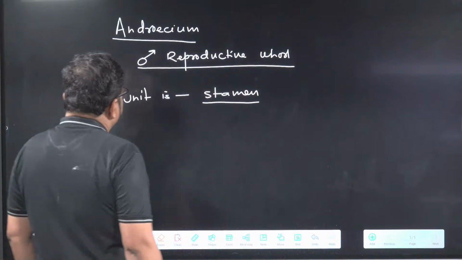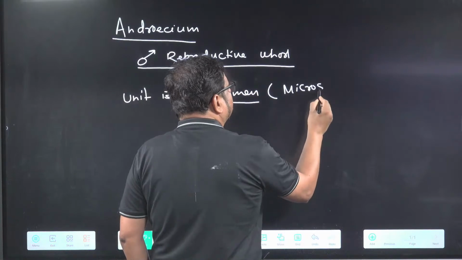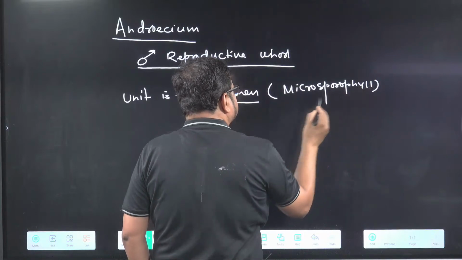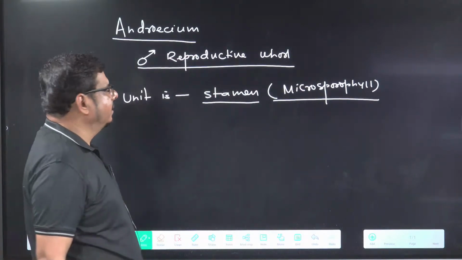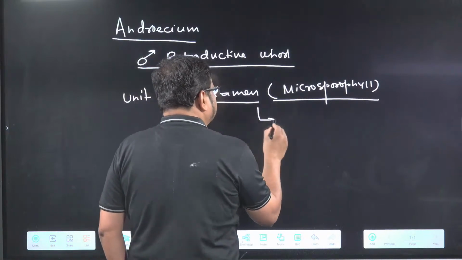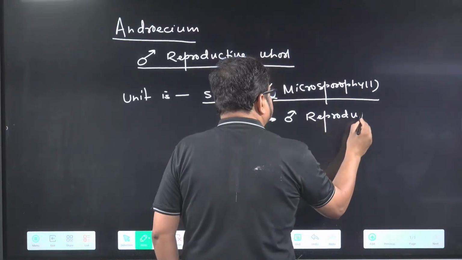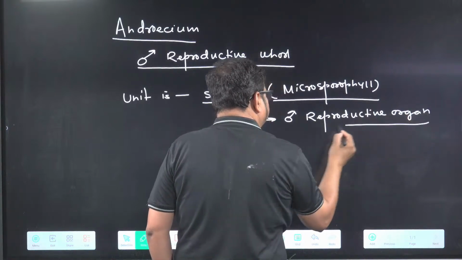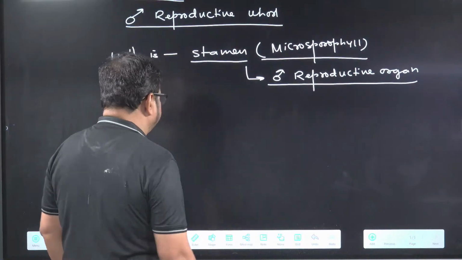Clear? So these stamen are also called microsporophyll. Stamen have another name, that is what? Basically microsporophyll. Is it clear? Now, this is basically the male reproductive organ. Male reproductive organ in the flowering plant is what? Basically stamen. Now, if we talk about stamen structure,